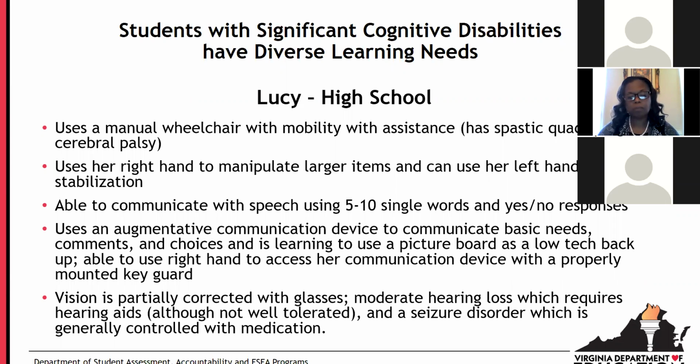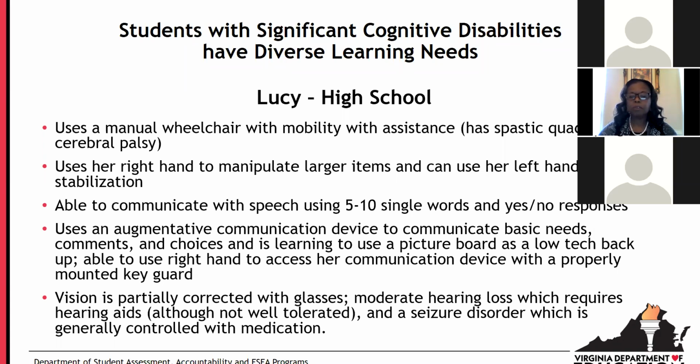guard. And what we see with Lucy that we haven't seen in the other two students is that there are some issues with vision and hearing. The vision has been partially corrected with glasses. In terms of her auditory needs, there is a moderate hearing loss, which requires Lucy to use hearing aids, which she doesn't tolerate very well.